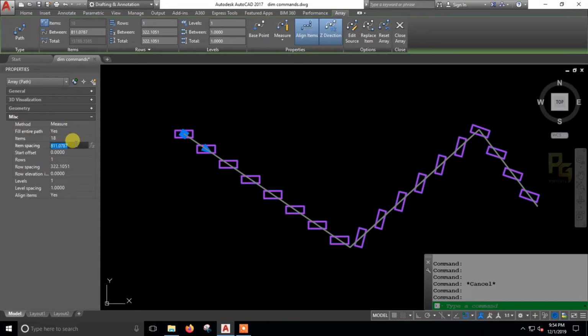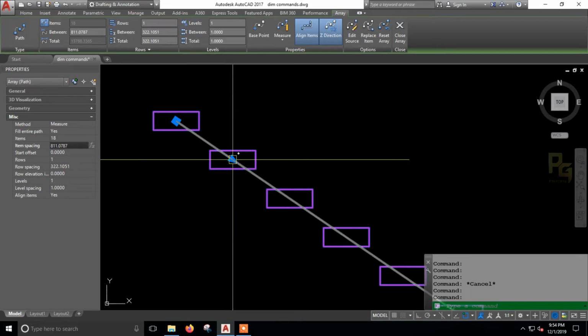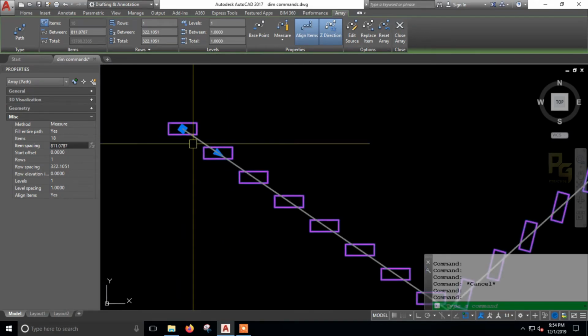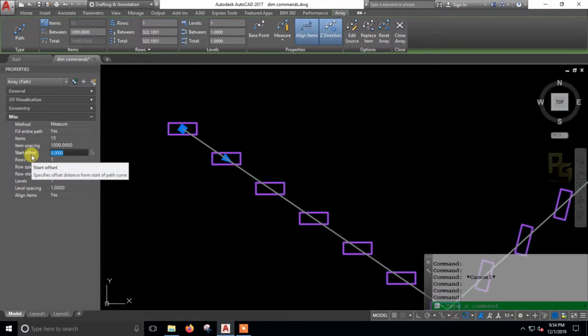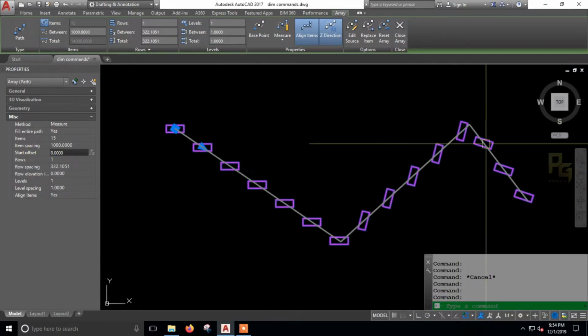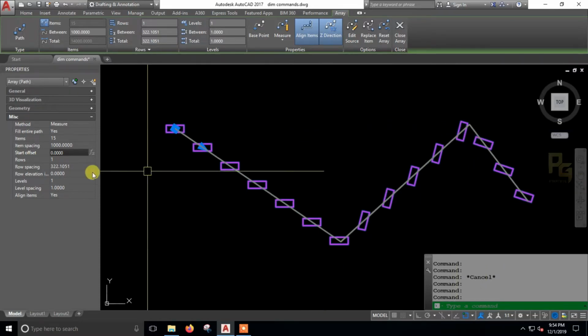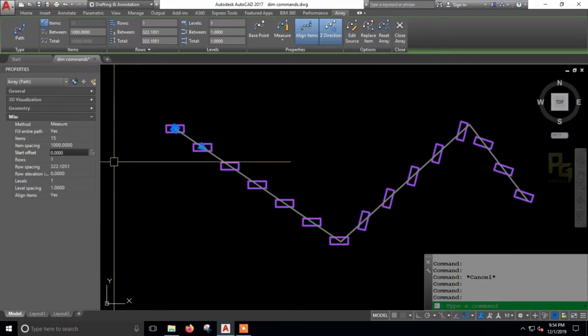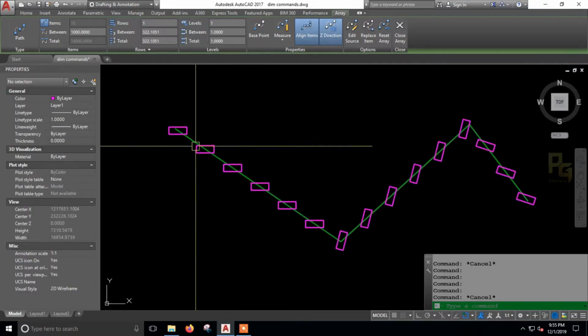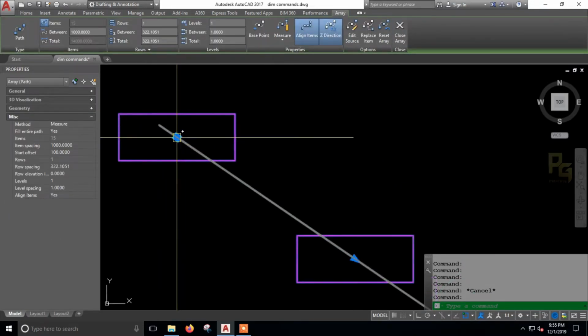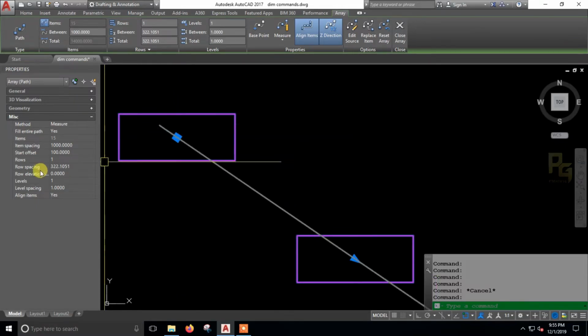The next one is about spacing. Spacing is from here to here, that means the object to object spacing. If I enter 1000, it arrays with the dimension of 1000 which we entered over here. This one is start offset. Usually we keep it as 0 only. Likewise if I enter, from this it moves, see, 100.